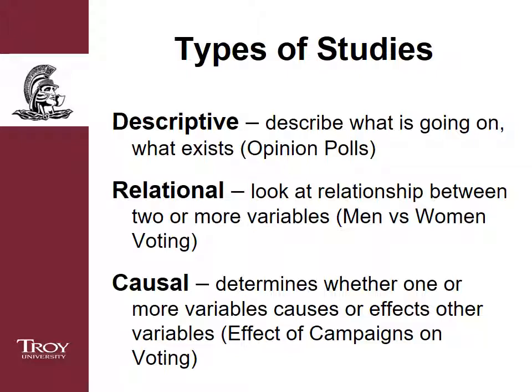But then we want to get to causal. What are the causal effects? Do things actually have an effect? And how does it occur? And very often the difference between relational and causal is whether or not you've got a good idea why the independent variable should cause it. If you've got this theoretical explanation, which is why I spent so much time talking about theory,